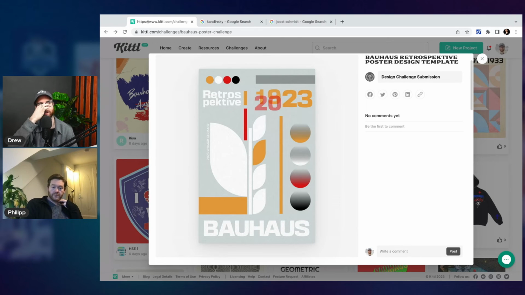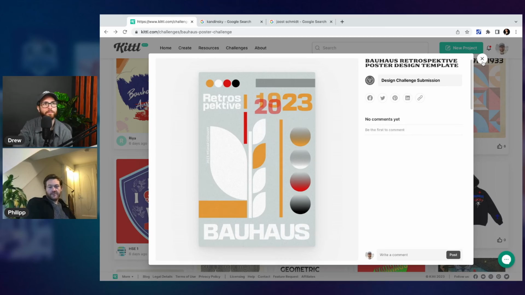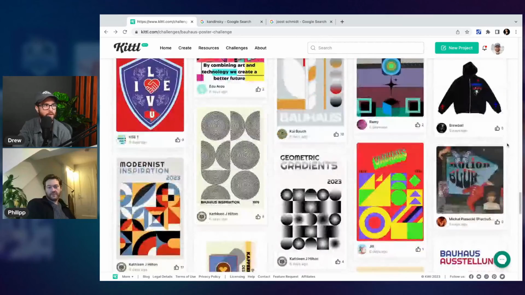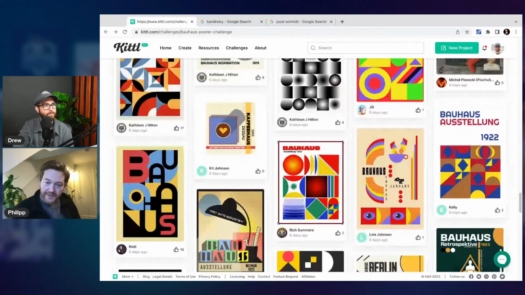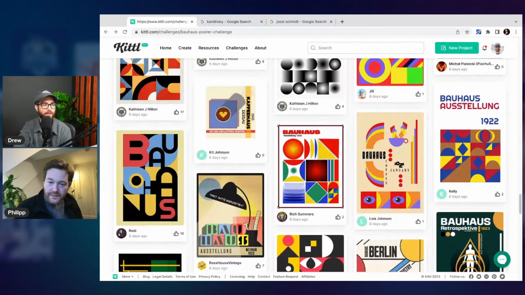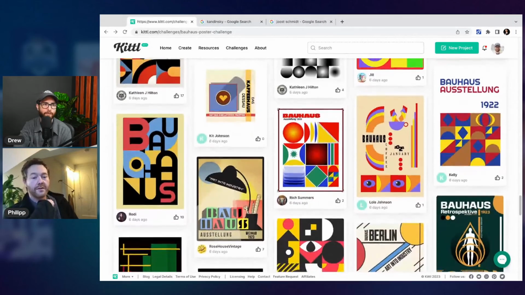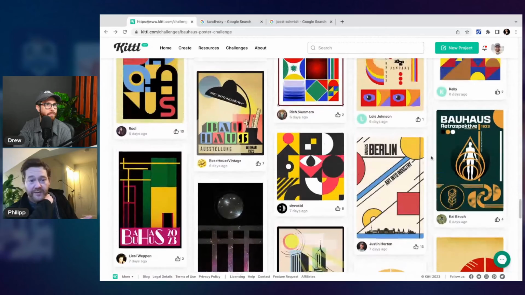As well as you got your dots up on the top and your dots on the right with this grading here. It's cool. It's just a little different from what we're used to seeing in the challenge here. Let's see. Man, there are so many good ones, right? Yeah, there's a lot of good ones, and a lot of similarity as well, or similar structure, difference in execution, which is good. And we're trying to pick some different